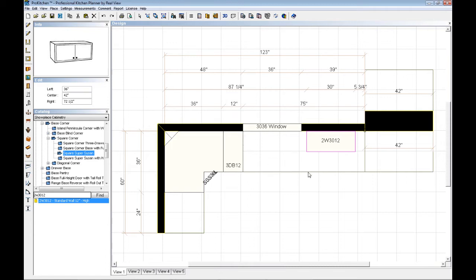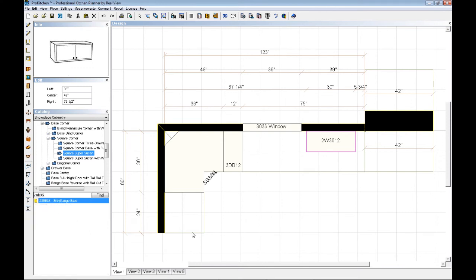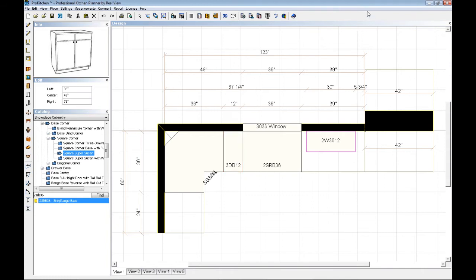Next thing I'm going to do is go ahead and finish this kitchen out. I'm going to put a 2 SRB. That's not what it is. It's an SRB 36. We're going to put a 36-inch sink base in here. Now I'm going to go ahead and put